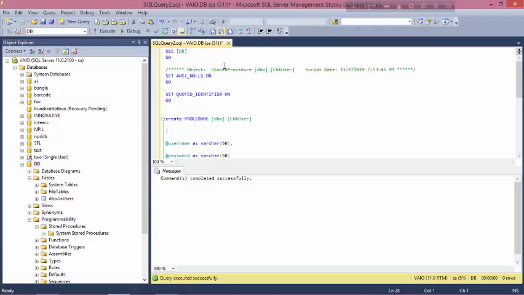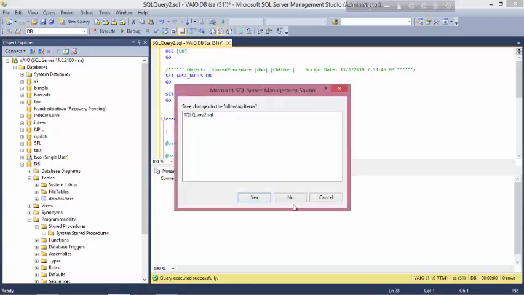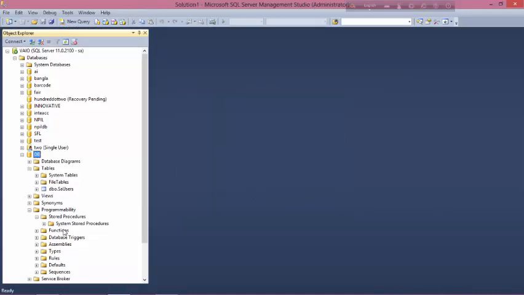Now close it and see here, click Stored Procedures and click the refresh button. See, the CheckUser stored procedure is created. What is this function? The CheckUser procedure checks the typed data from the SA user and checks whether it is